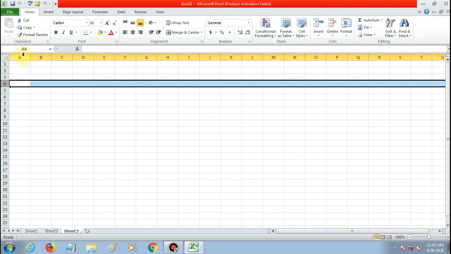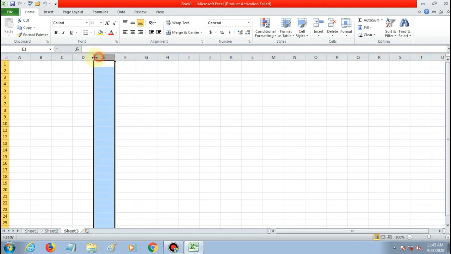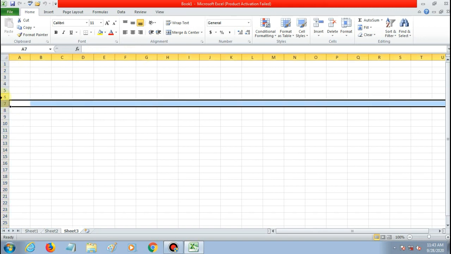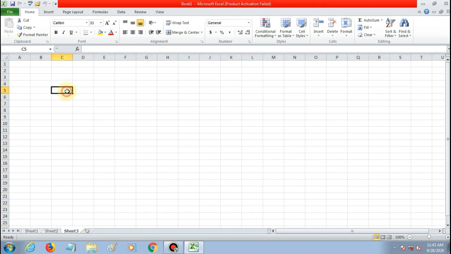Okay, so when these columns and rows intersect with each other, then a cell is formed. So there are a number of columns in this spreadsheet and number of rows.